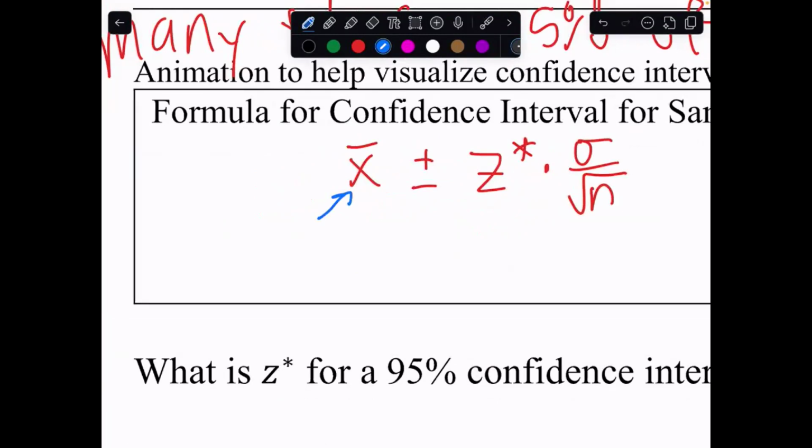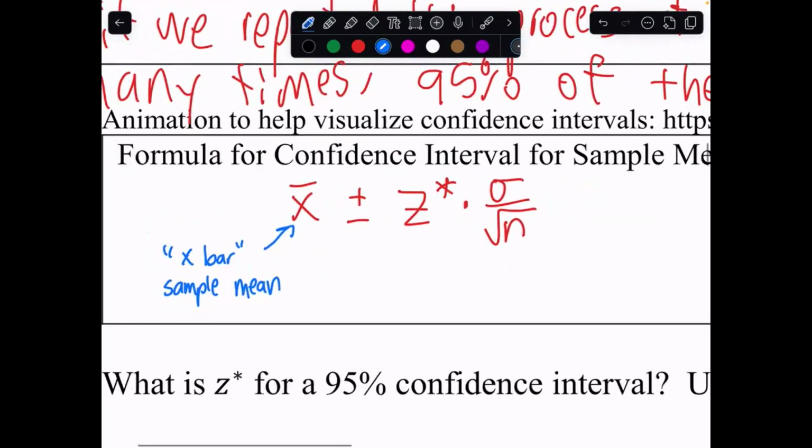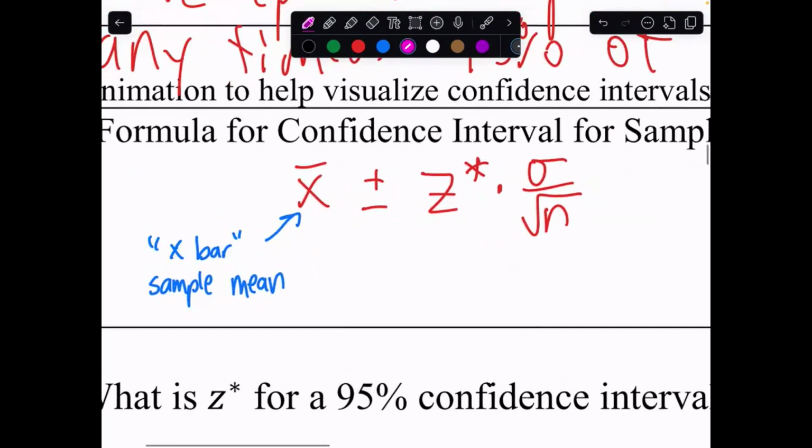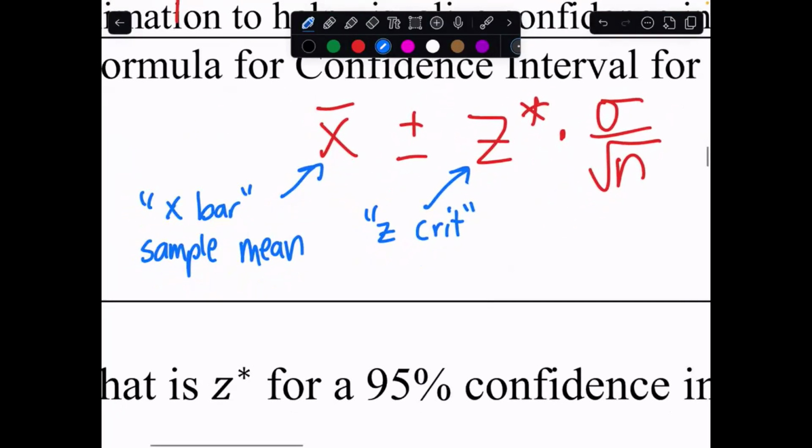We already talked about X bar. This is the sample mean. The plus minus symbol you've seen before, like in the quadratic formula. It means you both add and subtract separately. This next thing, Z with the asterisk after it, is pronounced Z crit, like the critical level. And this represents the Z-score